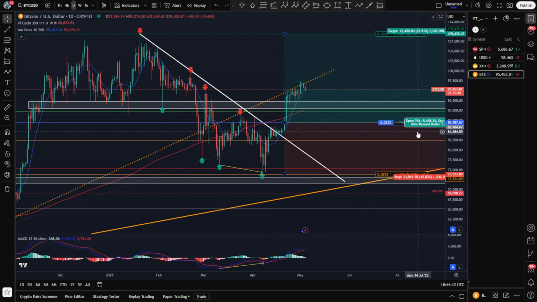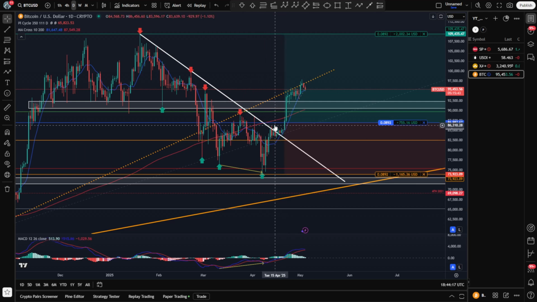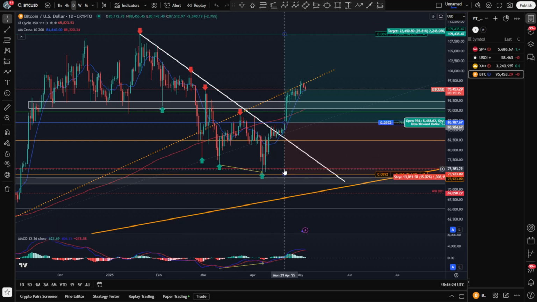I'm already in a long trade after I've seen this breakout of this downward line and leaving this consolidation zone to the upside. Stop loss currently below the lowest point of this movement. I'm looking to move my stop loss to my entry level and make the trade risk free if we see a pullback and a break of the pullback to the upside, because then my stop loss is finally protected.